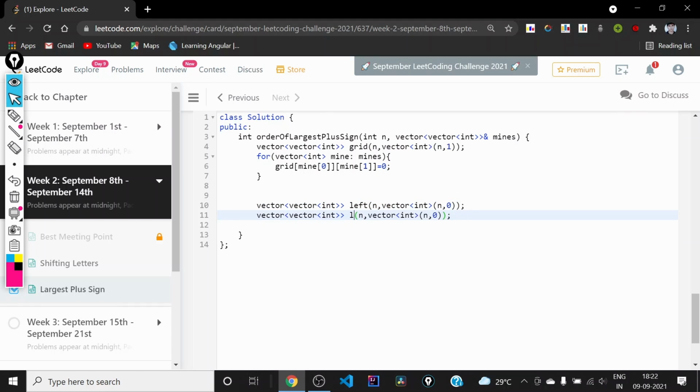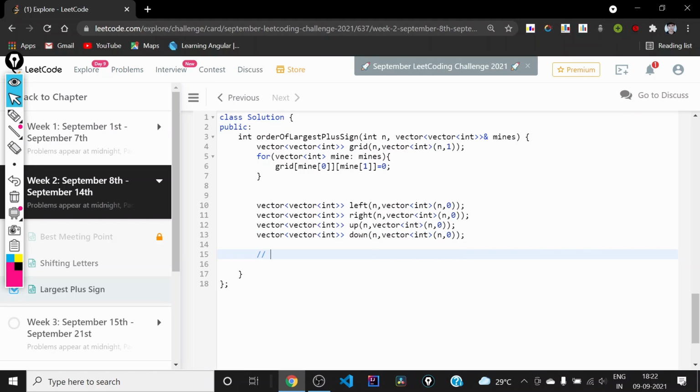This will similarly contain the right span, and there will be one for up, and there will be one for down. So we need to pre-compute all these 4 matrices. So let us calculate first of all the left grid.